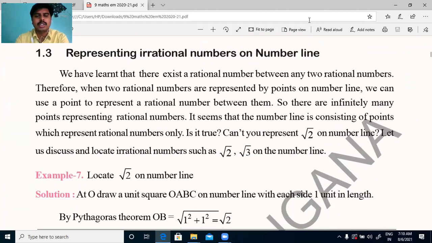We know that all the numbers we can represent on the number line, right? Natural numbers we can represent, whole numbers we can represent, integers we can represent as well. In the previous class, in eighth, we represented these rational numbers on the number line by using the denominator. Okay, do you remember? Earlier in this class also we have seen that, right? Isn't it, Nana? So representing irrational numbers is what we are going to see here.